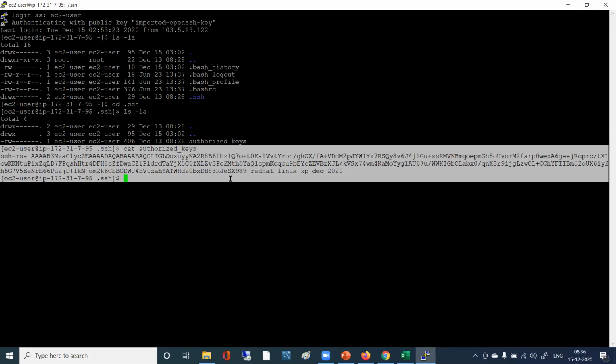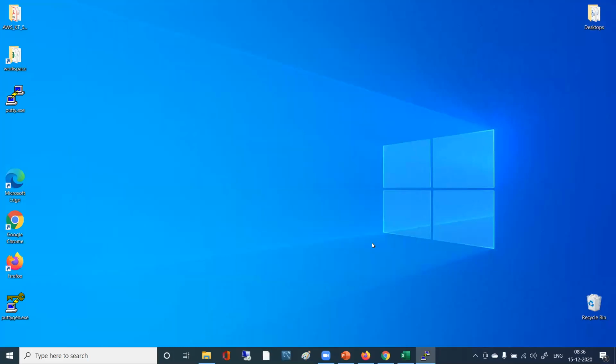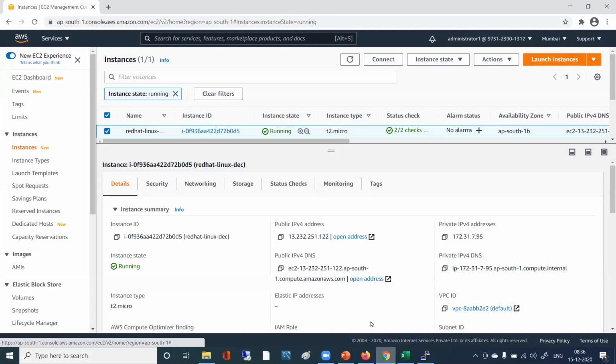But now what we are going to do is troubleshooting for Natras. Natras, is it okay to share the system? No, now I'm able to connect. I just changed the inbound rule from NFS to SSH and my IP. So it got a new IP, and I just saved it. So I'm able to log in with PuTTY now. I just entered EC2 user. After that, authenticating with public key, imported OpenSSH key.